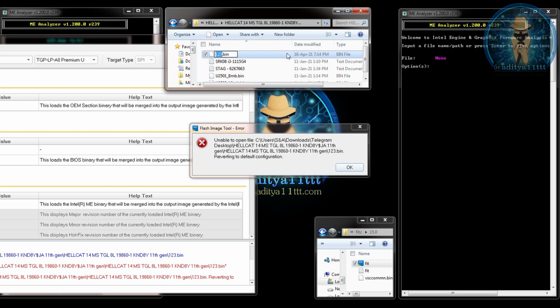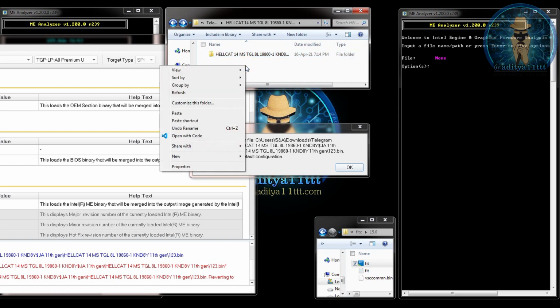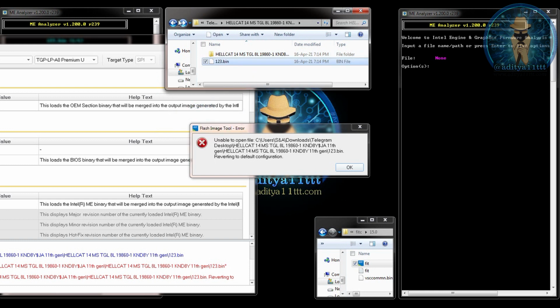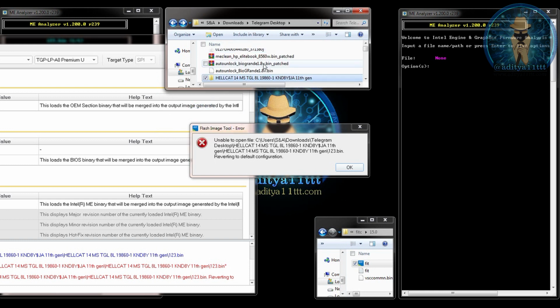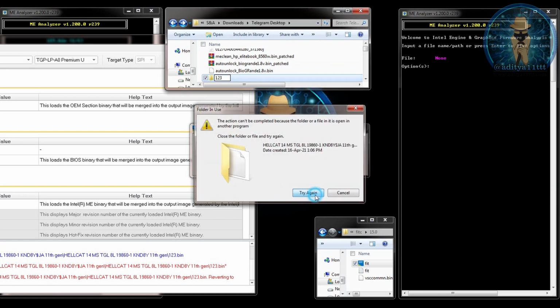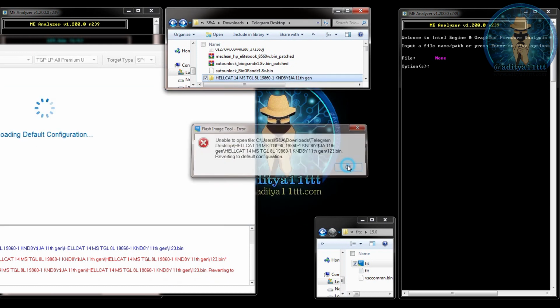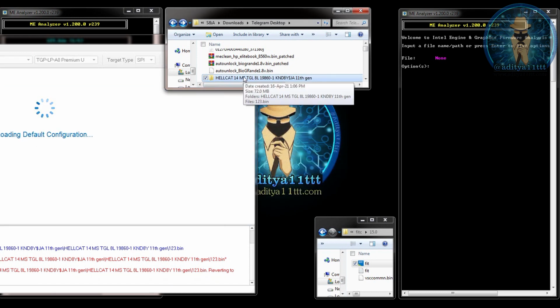Now I'll copy this file. After copying, let me paste it over here, and with that let me change the location to 123 over here. One second.